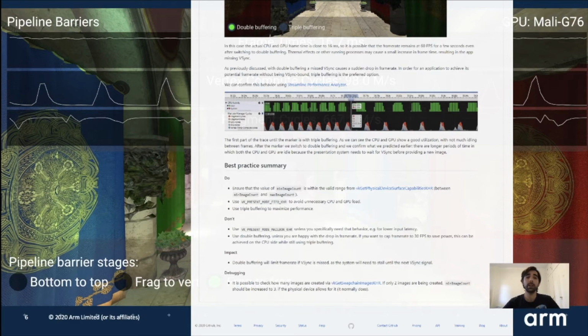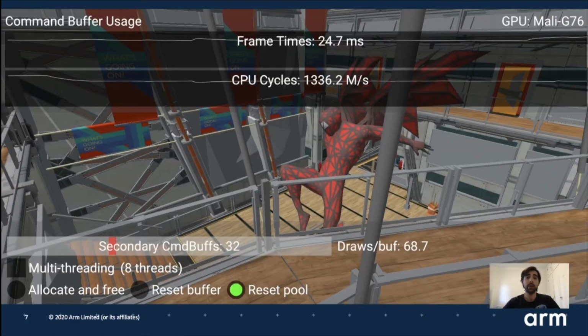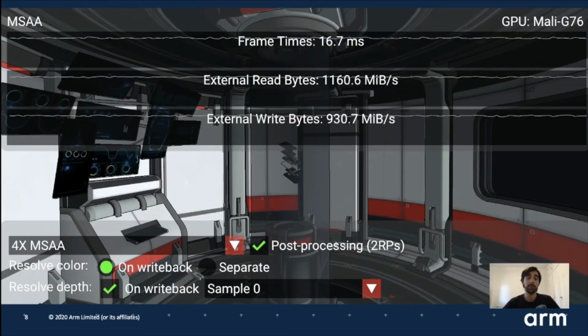The samples also offer a number of scenes. So here you see Sponza, but we also have another couple of scenes that we developed in-house, like this one and this one. And you can use any other scene that you want as long as it's specified in the glTF format. Our samples are based around performance, always looking for ways to optimize the performance in a Vulkan application, and in particular around the concept of bandwidth, because it's one of the main limitations on mobile.